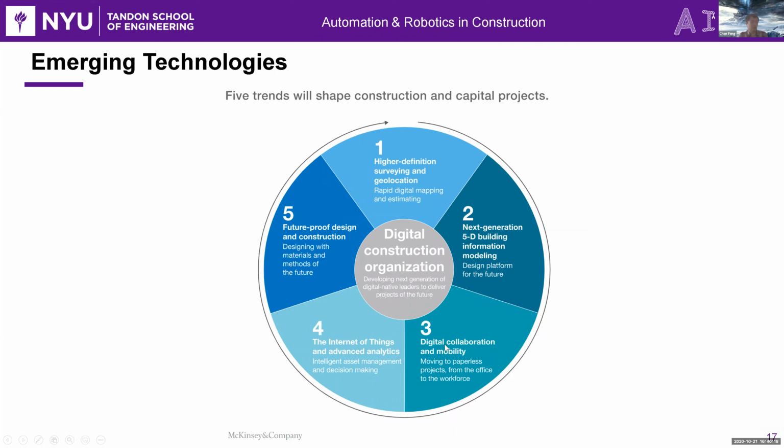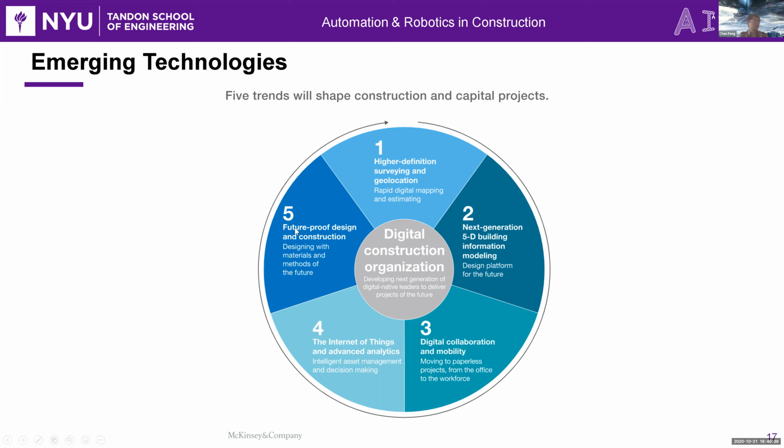And they also talk about digital collaboration and mobility. This is basically office automation. The same technology being used in other industries can benefit this as well. And the IoT; my group does not do much in IoT, but I have a nice video to show.